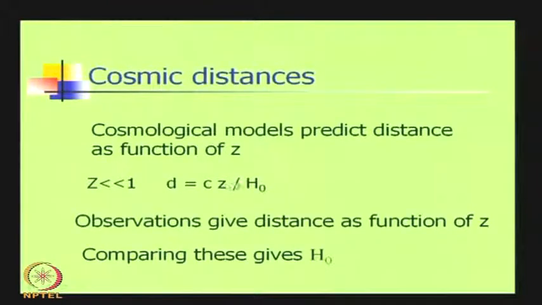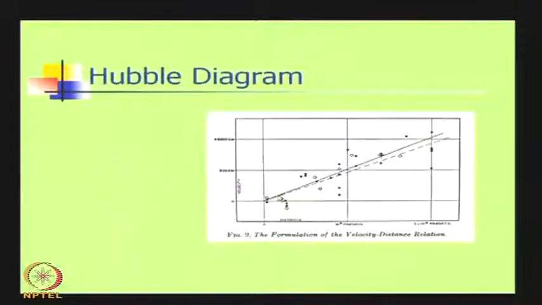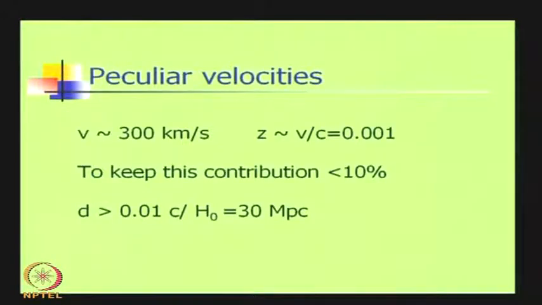So, this will be reflected in an uncertainty in the Hubble parameter, because what you will do is you will measure the distance, you will measure the redshift and look at the ratio. If the redshift has some other contribution not due to the expansion of the universe, that will be reflected in an uncertainty in the Hubble parameter, and we would like the error due to this peculiar velocity to be less than 10%. Let us put a restriction like this. If you want this condition to be satisfied, then you have to look at a redshift of 0.01. If you consider a galaxy at a redshift of 0.01, then the effect of the peculiar velocity is going to be within 10%.